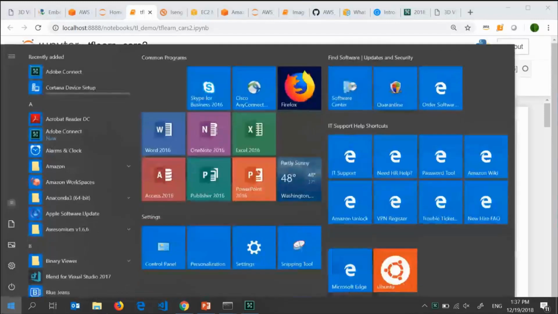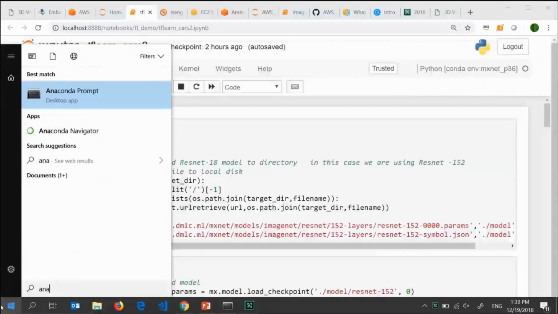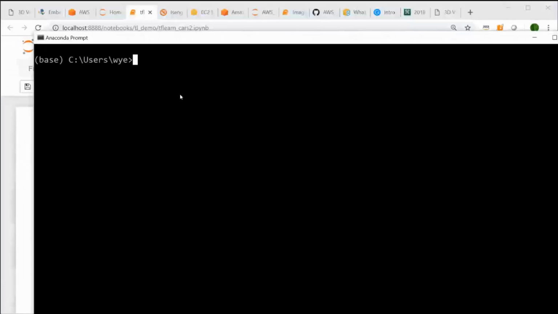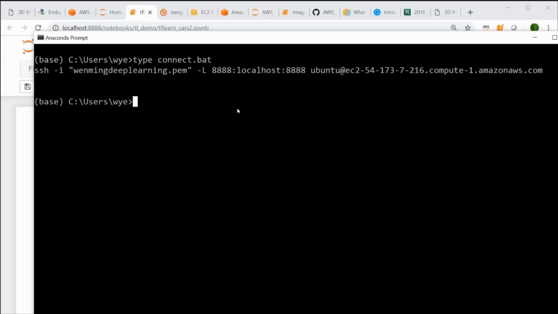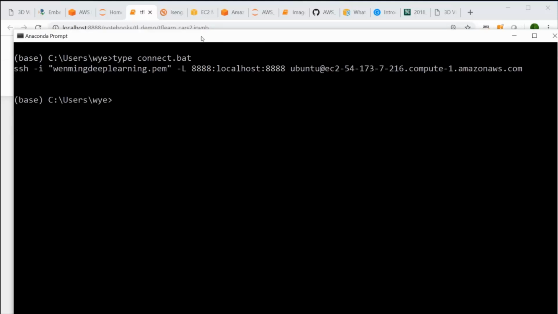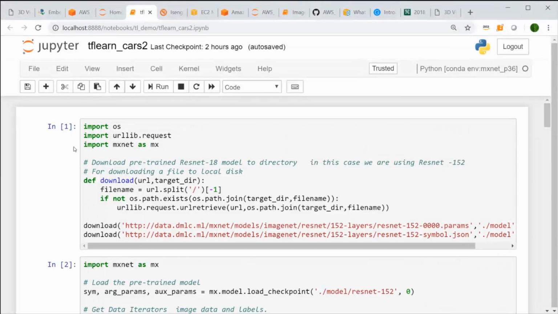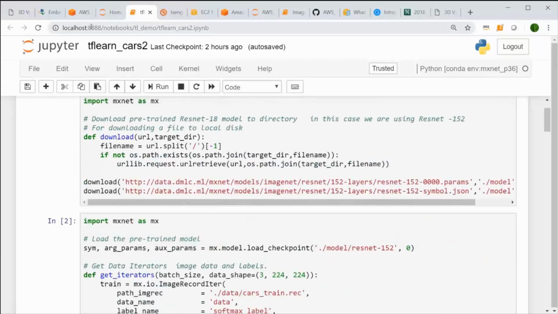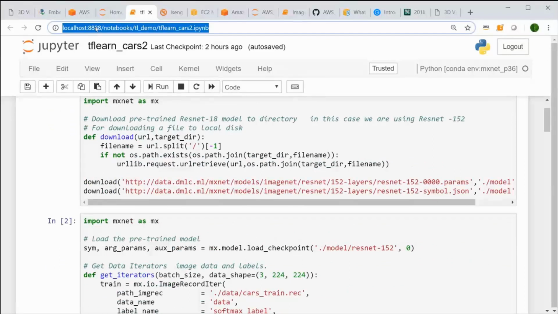One of the things I do want to show you is that when you SSH into a machine and you want to set up the ports properly for Jupyter Notebook, you might want to use something along the lines of ssh -i your key, and then you're port forwarding your port 8888 to your local port 8888 using Ubuntu. That way you can actually run this notebook remotely, essentially on your local host, SSH tunneled over to the P3 instance.